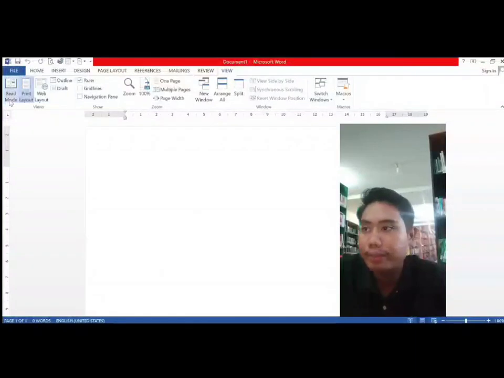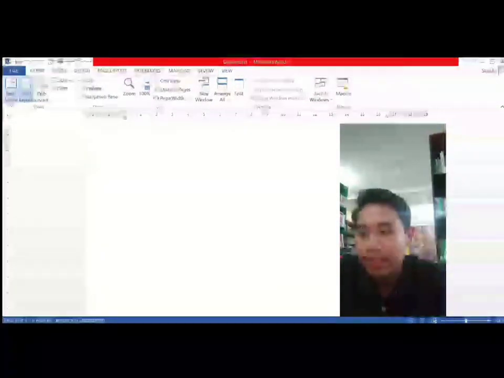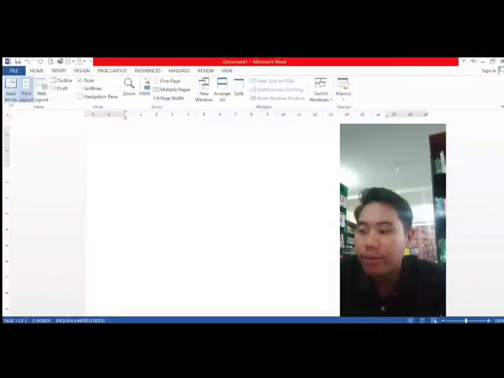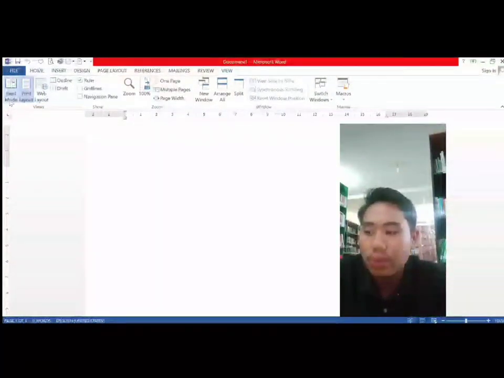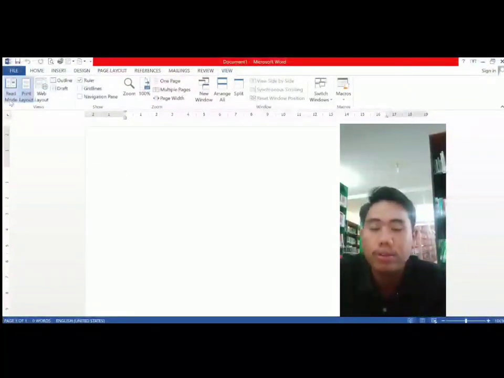Read Mode. This view will open the document in full screen. This view is especially used for reading large amounts of text or if you just want to review your work.